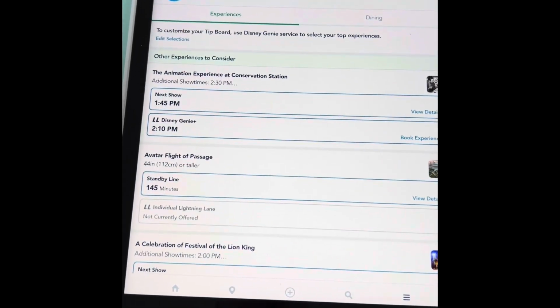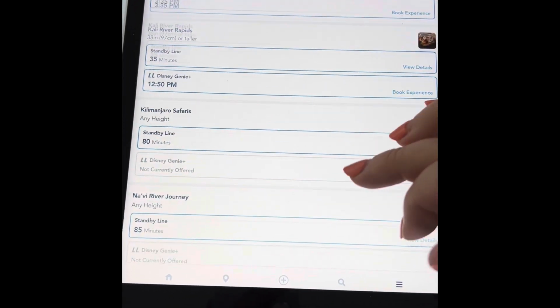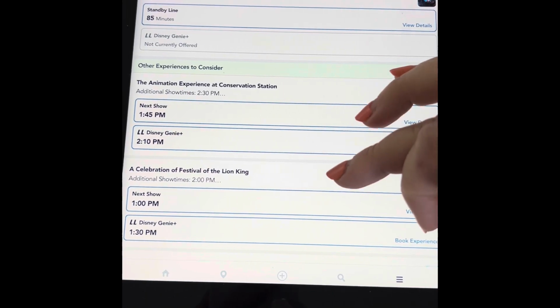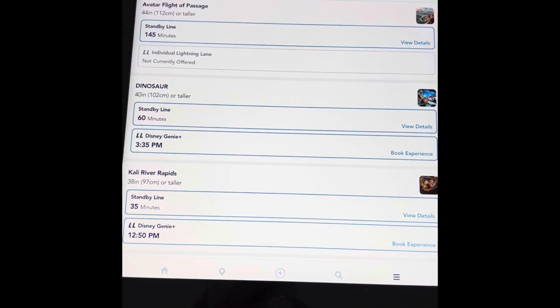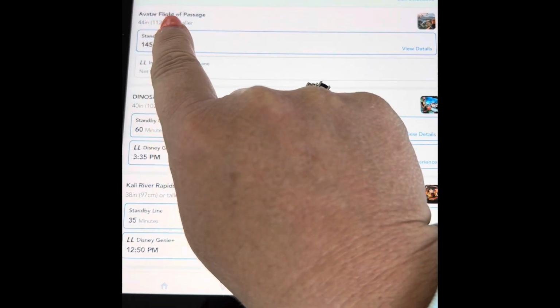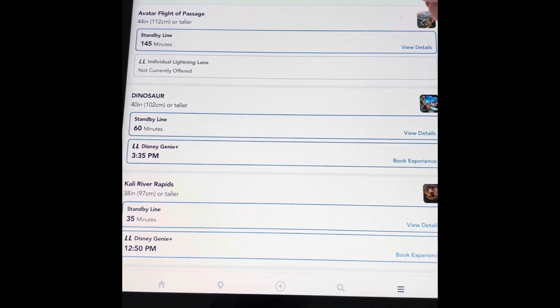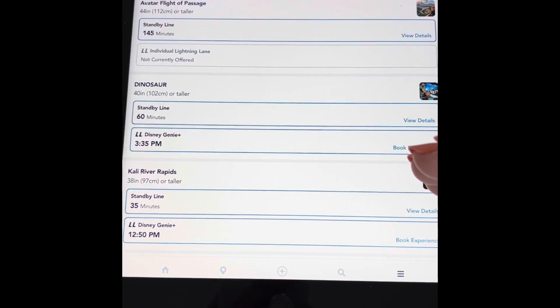And now it's going to show you all of those choices first. And then once those are done, you'll see other experiences to consider, and that would be everything else at that park. Now, the day of that park visit, you can see we have my top picks. That day, you can hit Edit Selections and basically just make that list even smaller